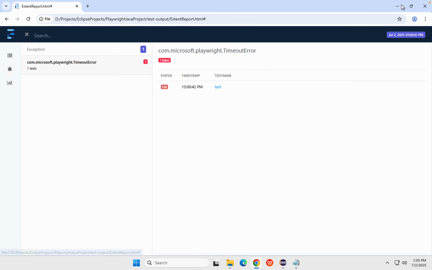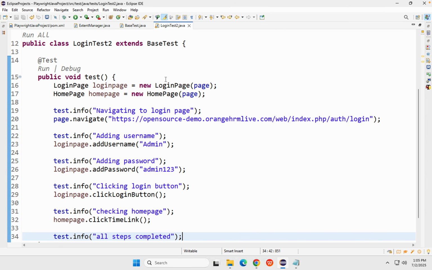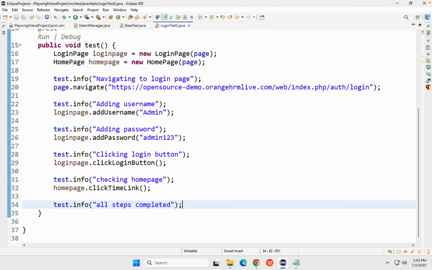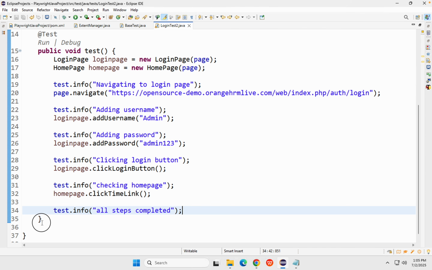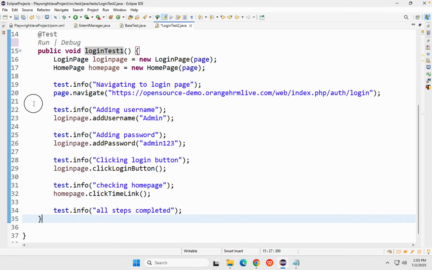All right, so now let us do one thing. We want some good reports with some pass, fail, and some skipped tests. So what I'm going to do is I'll just copy this test. I will call this login test 1, and I will just copy this